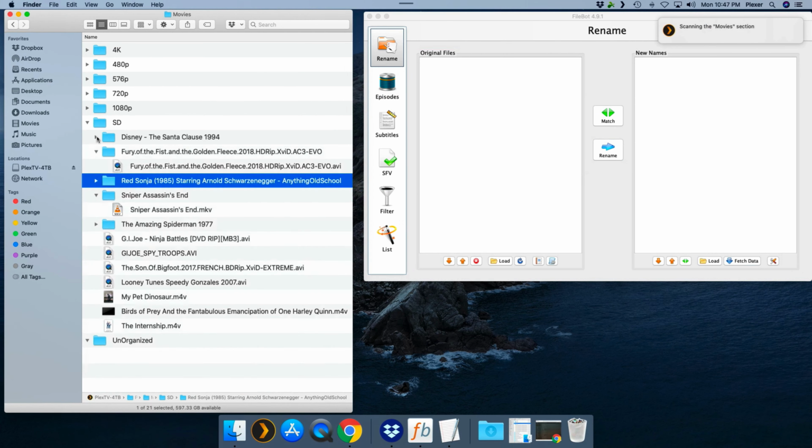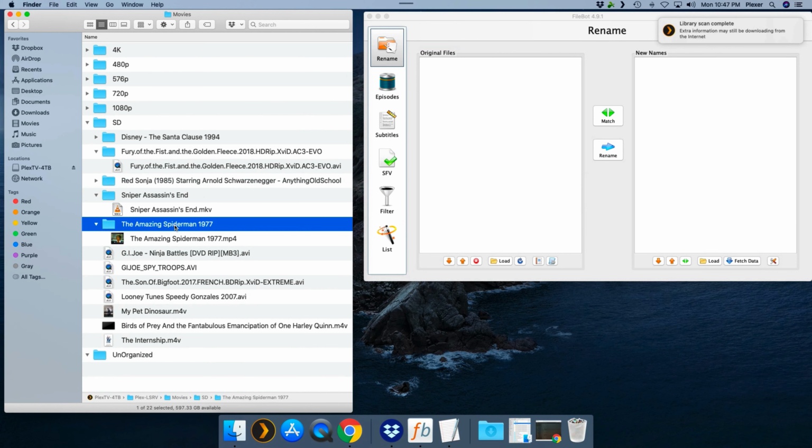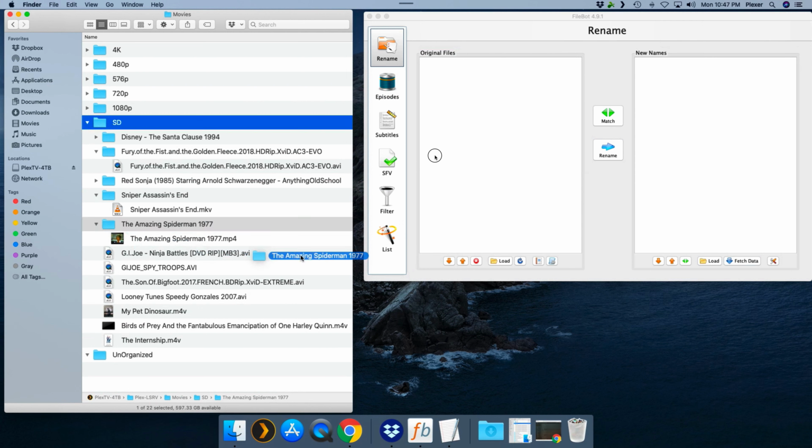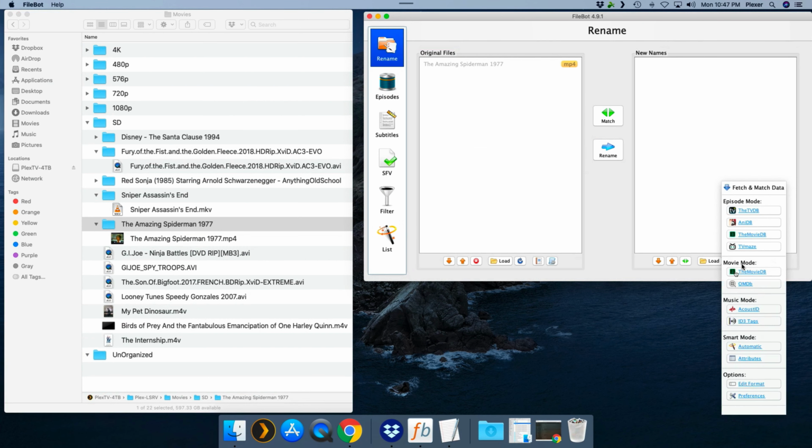So if I look for, here's an old one, Amazing Spider-Man 1977. This is back in my days. If I select this folder and move it over here to original files, it's an MP4. Again, it does not matter about the file format. It's just looking up the metadata for the actual file name. Now, I found this through a friend, and I don't think they even had metadata back then, but let's find out. So if we hit fetch data and do The Movie Database,